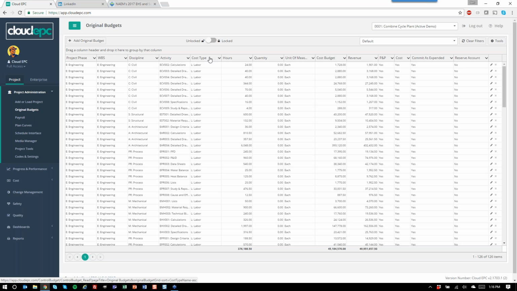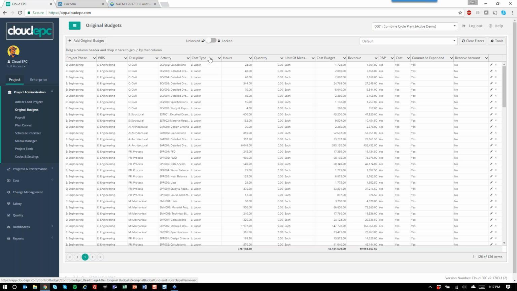The one great thing about Cloud EPC is that we don't have, like Chris alluded to, a very nested, static, tree-like structure. We allow this dynamic reporting capability by allowing any level of the work breakdown structure or the budgeting table to be reported at any other level. What that means is you can report a level 5 detail above a level 2, a level 4 above a level 1. You can basically slice and dice your data any which way, which I'll show you in just a moment with some of the reporting outputs.